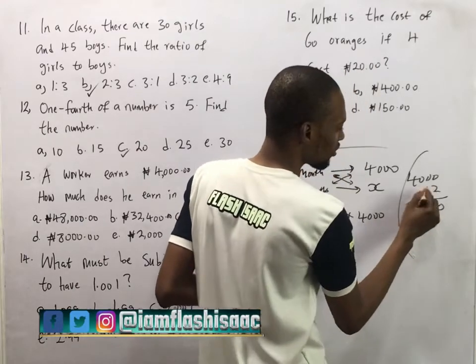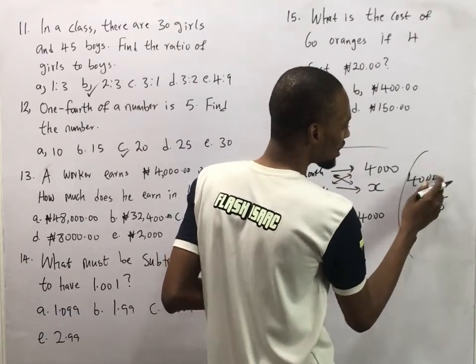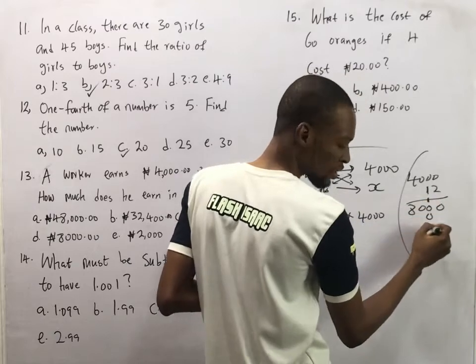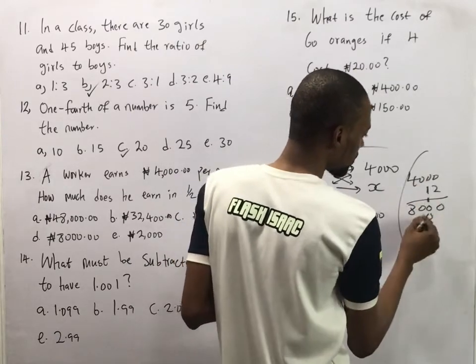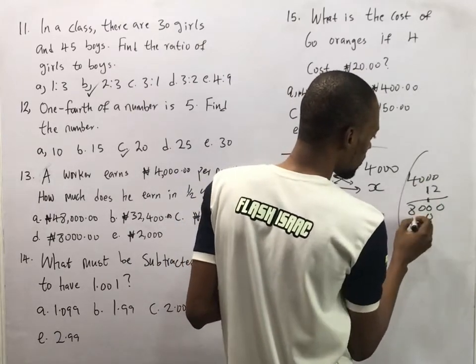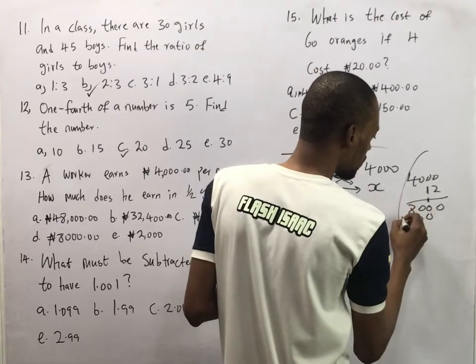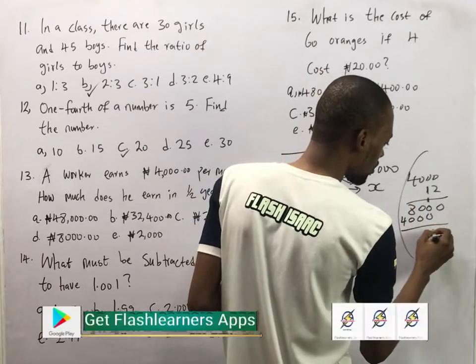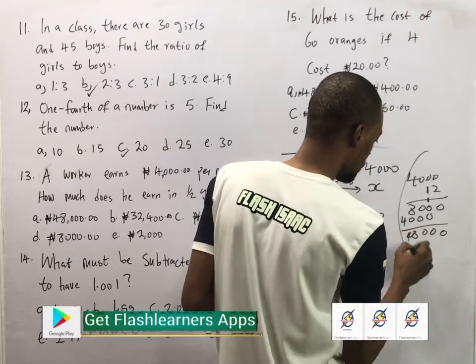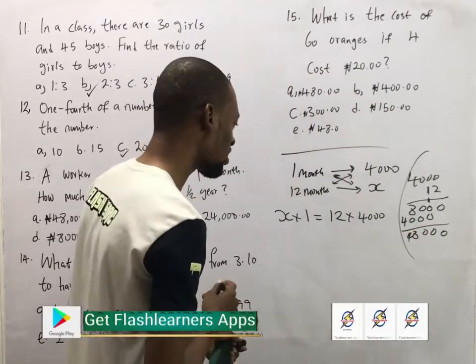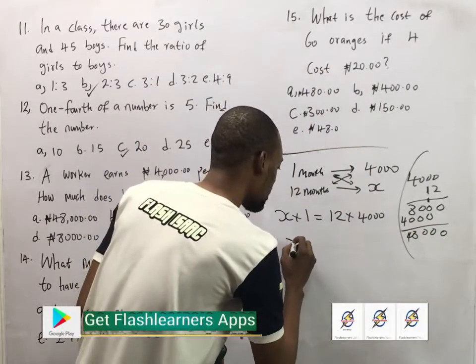Then 1, so 1 times 0 is 0, 1 times 0 is 0, 1 times 0 is 0, 1 times 4 is 4. So that's 48,000. So S times 1 is S, equal to